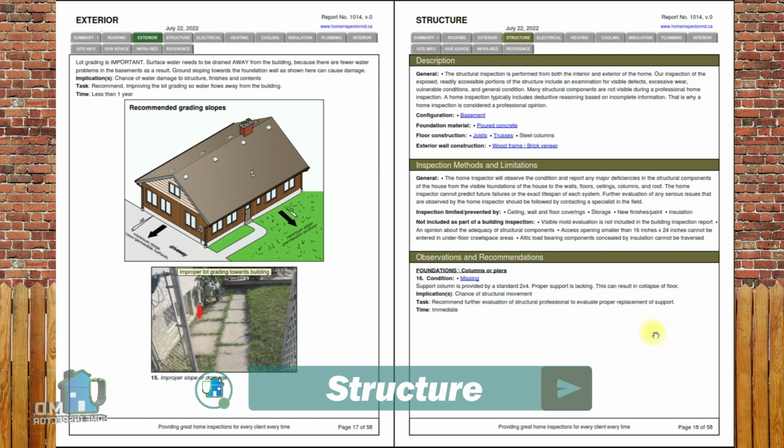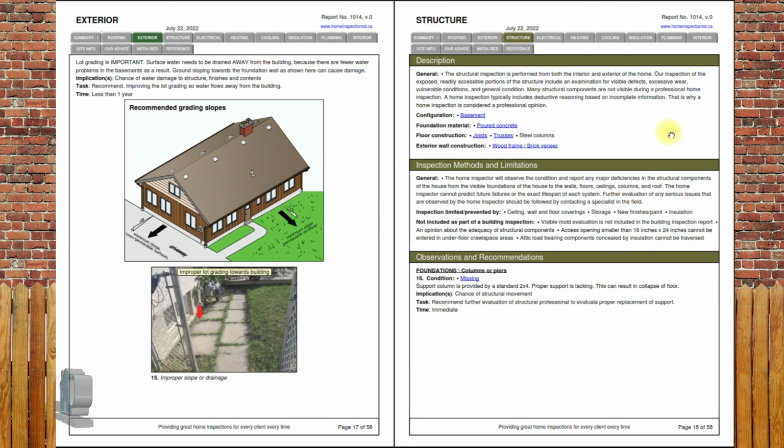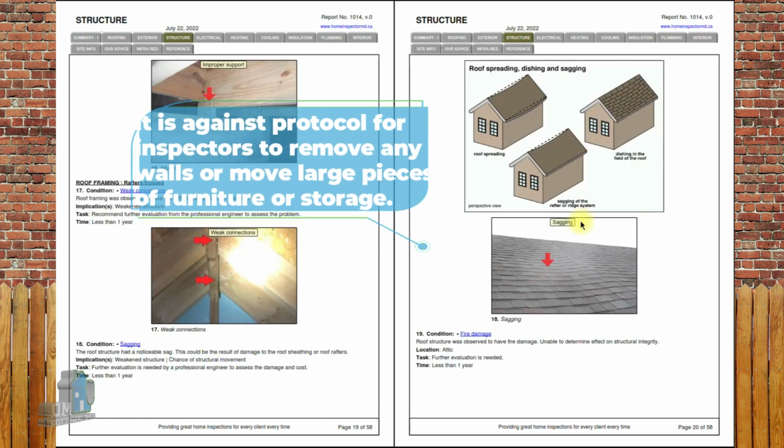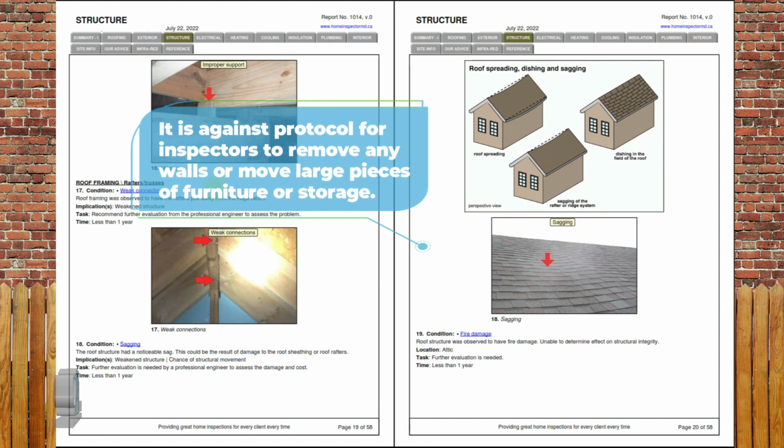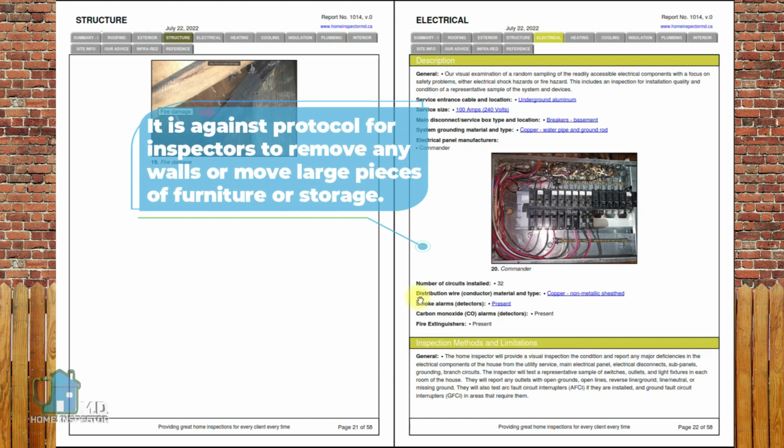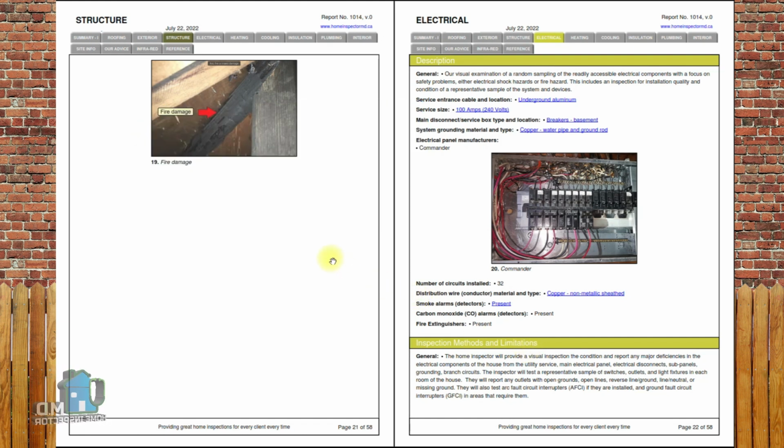Structure is next, and it's the most difficult because most of the structure is simply hidden from view. We describe the configuration of the house, foundation material, type of roof framing, and floor construction if possible. Our examples here are conditions such as weak connections or support and issues with the roof rafters and fire damage. When it comes to structure, issues should be taken seriously with recommendations that would require further evaluation by a professional